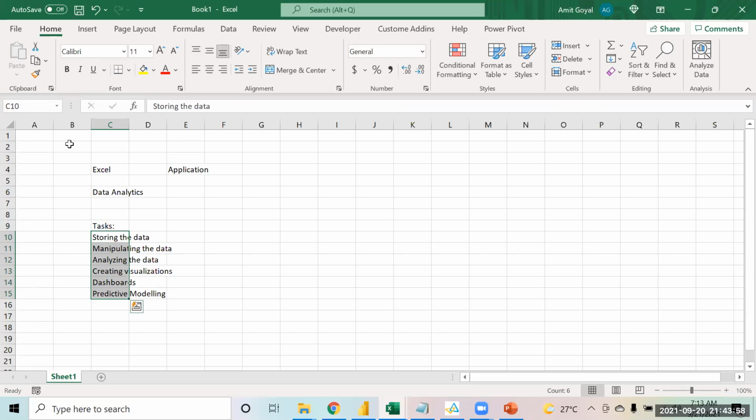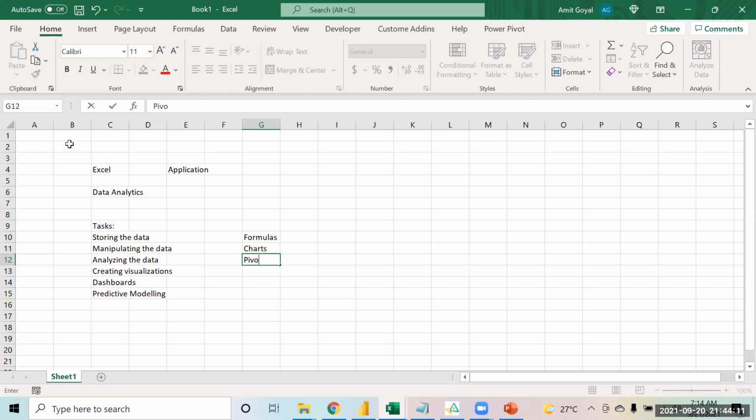And for all these things, Excel provides a lot of features. You will find formulas and functions, charts, pivot tables, and statistics. If you want, you can also do automation in Excel with the help of VBA.